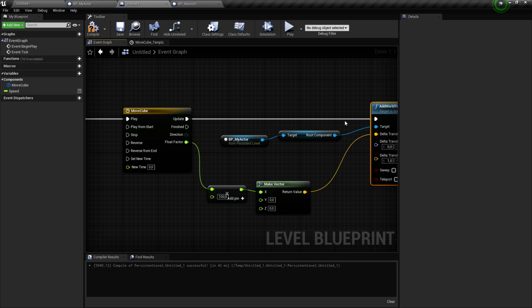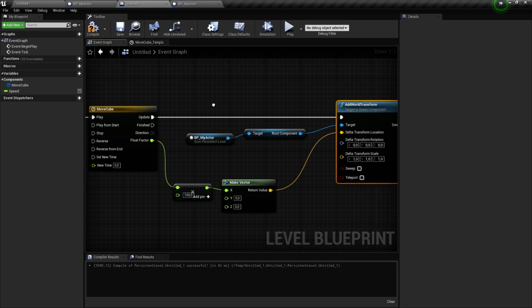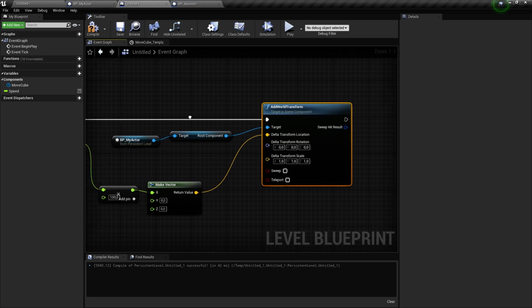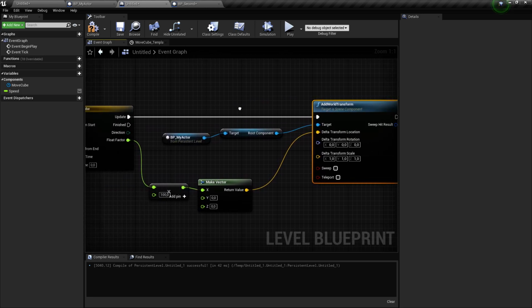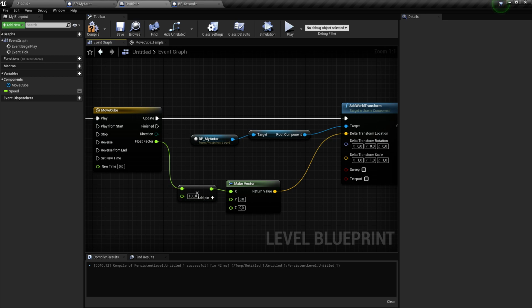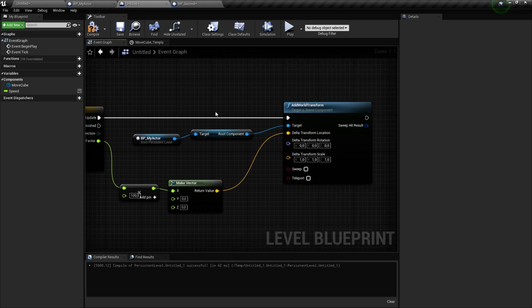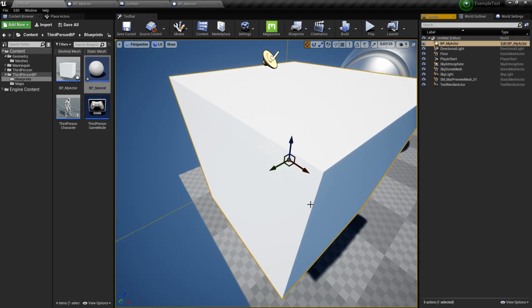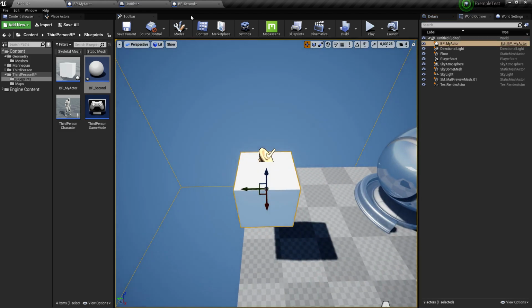It's going to fire this white wire, which is plugged to an add world transform. Sorry, my add world transform is connected to my actor, which is the little cube that you saw here, my little jukebox.